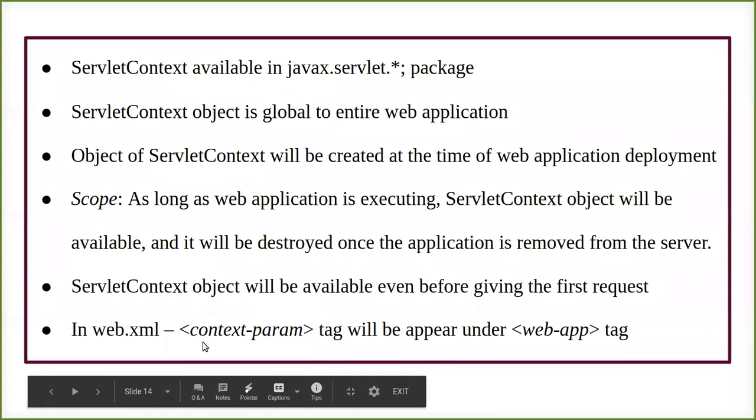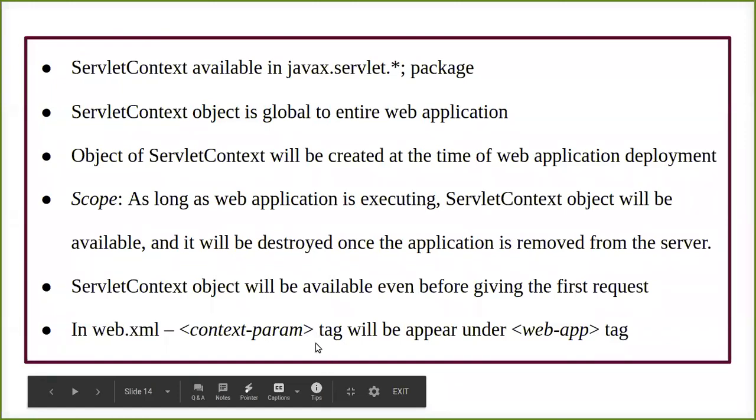Fine. And we know that in the web.xml file, the tag we require is the context-param tag. It is going to come under your web-app tag, but outside your servlet tag. Why are we writing it outside the servlet tag? So that whatever servlet tags and servlet-mapping tags we create, it gets applied to all those servlet files. If I put it specifically into one servlet file, then I have to put it into every servlet tag.